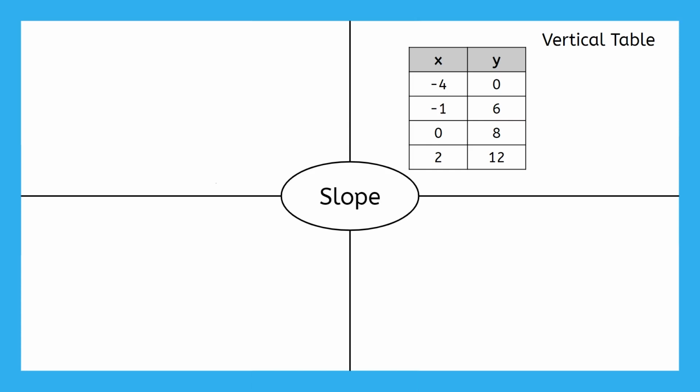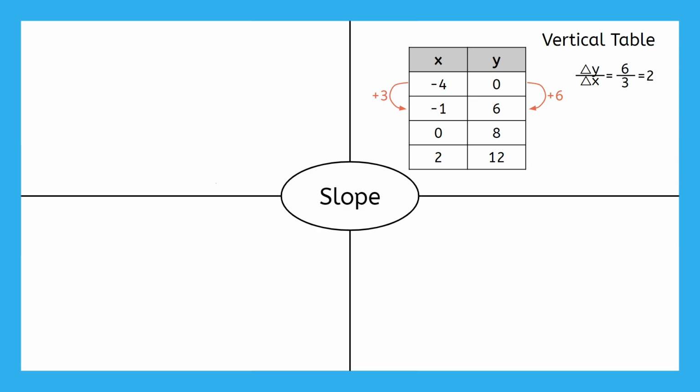You absolutely could pick 2 of these rows and use the slope formula, and that would work. Or we could think of this as the change in y over the change in x. To find the change in y, I can just look from the y in one row to the y in the next and see how it changed. In this case, to go from 0 to 6, y increases by 6. To find the change in x, I could do the same thing. To go from -4 to -1, x increases by 3. If I put that change in y over the change in x, that makes a slope of 6 over 3,